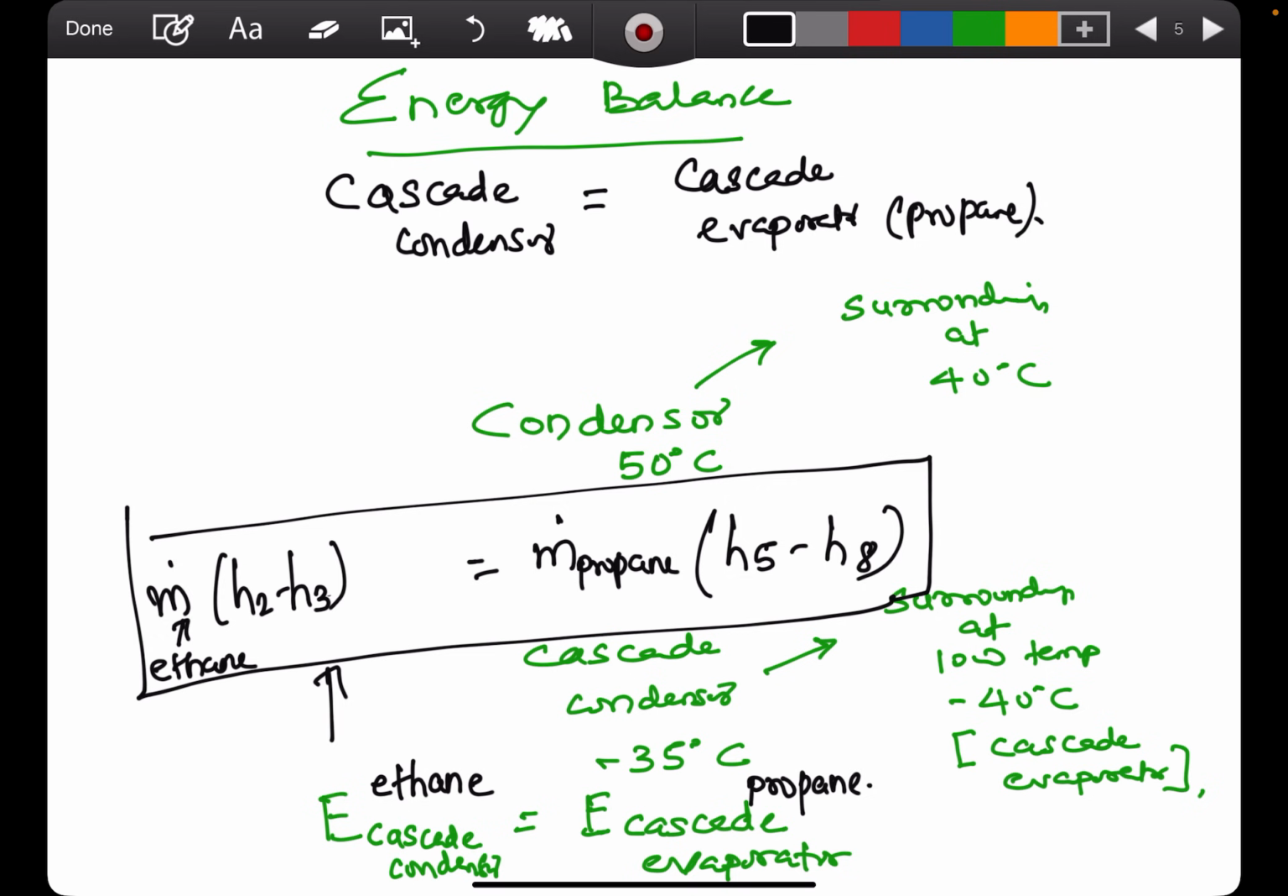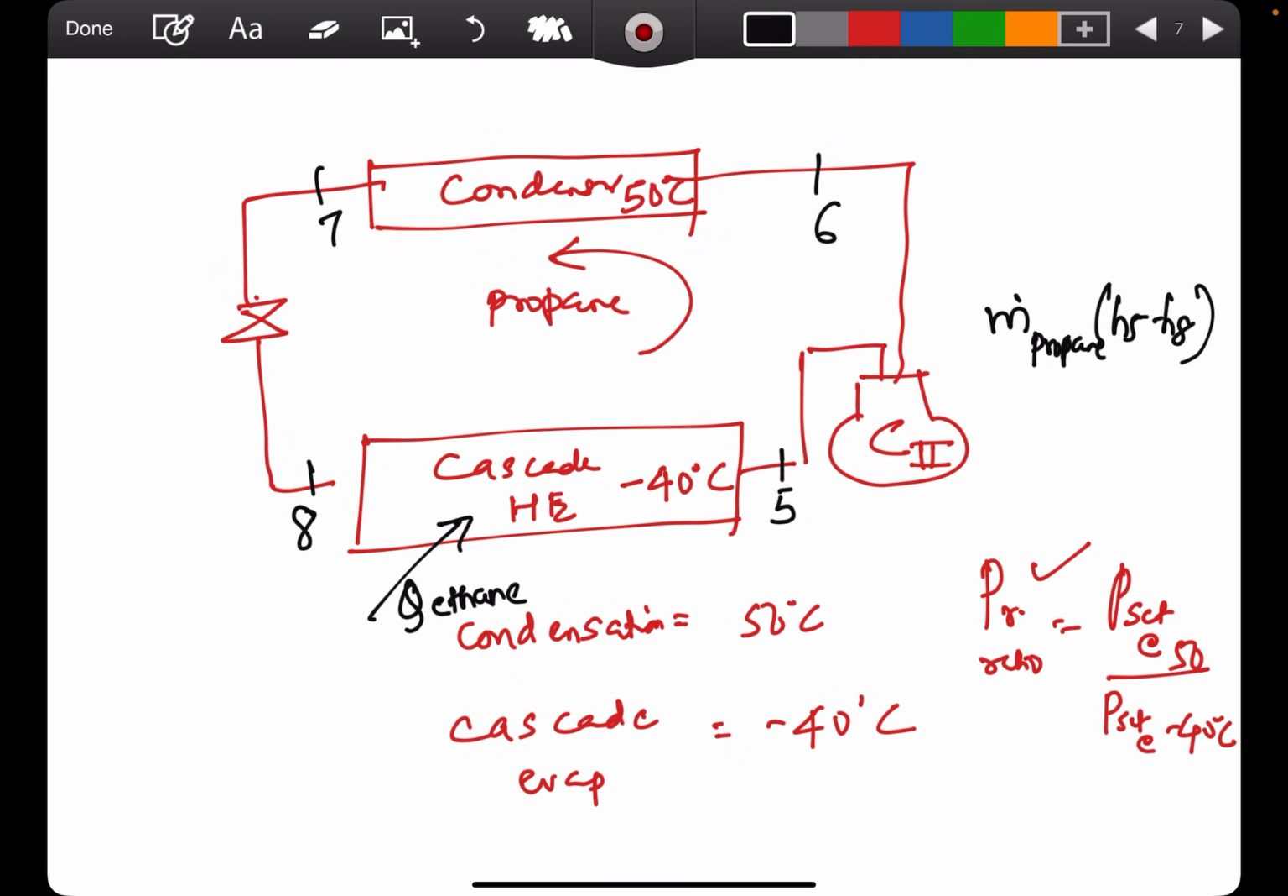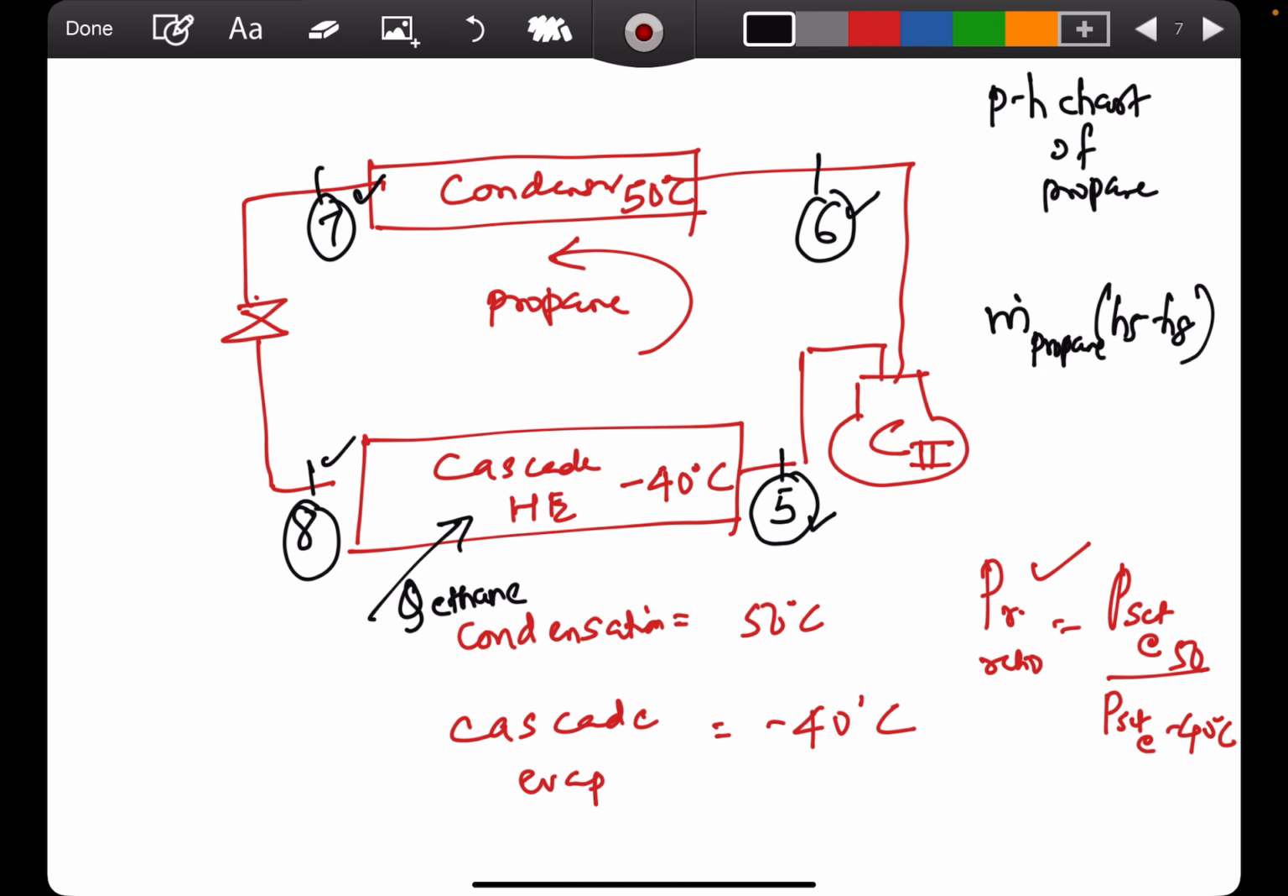So if you are clear on this, then you can easily find the mass flow rate of propane. So let me do this. Before that, I need to find these values of H5, H6, H7, H8. How do I do that? I refer to the pH chart of propane, and I find the corresponding values of 5, 6, 7, 8 from the pH diagram. So those values come around,